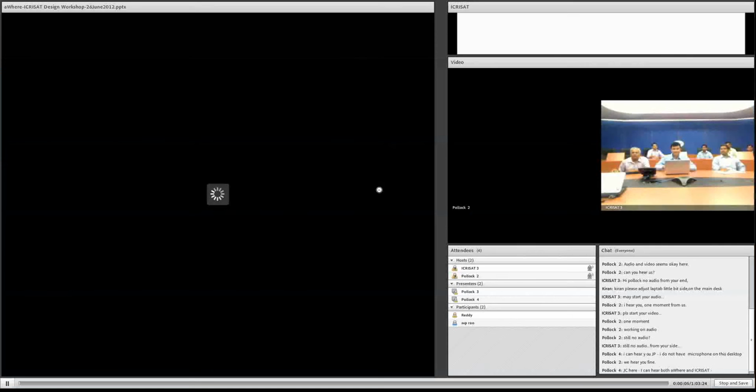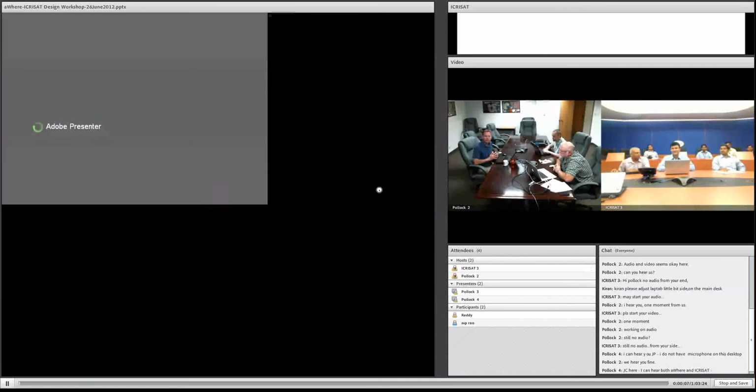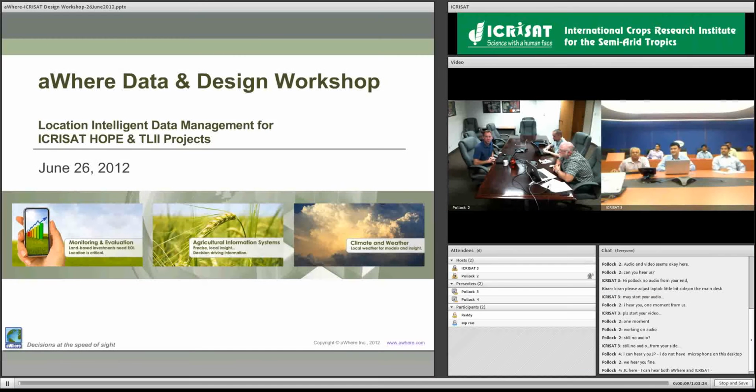Joining us here. And so what we want to do tomorrow morning is basically do a virtual data and design workshop. So this is going to be able to go into a fair bit of detail on some of the requirements